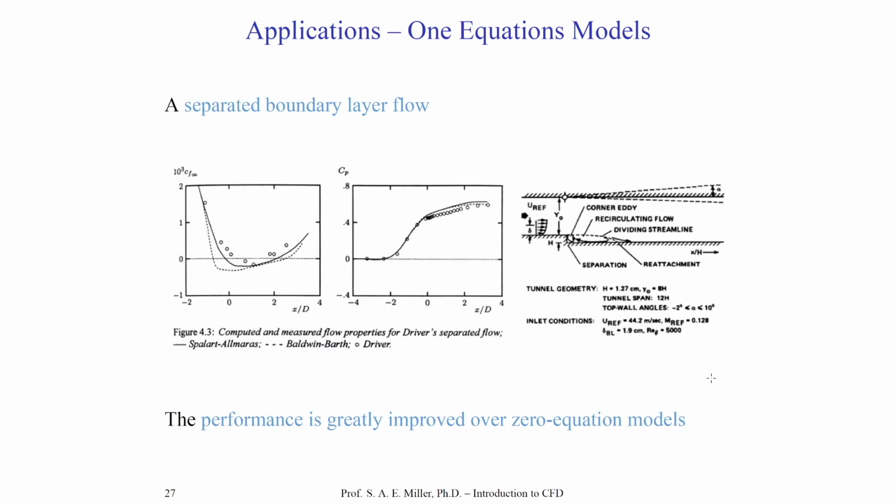Let's look at some more one equation comparisons of the separated boundary layer flow. Now note, neither of these closures were necessarily, at least traditionally, for separated flows. Nonetheless, there's more advanced forms than we showed today of the Spalart-Allmaras model, which tries to account for many of these types of physics. And those are really what's programmed into your CFD solver. When you run the Spalart-Allmaras solver, remember, this is essentially the types of results you're creating, with the Spalart model at least. On the left, we have skin friction, and on the right, we have pressure coefficient along this